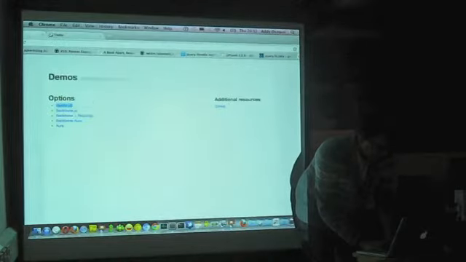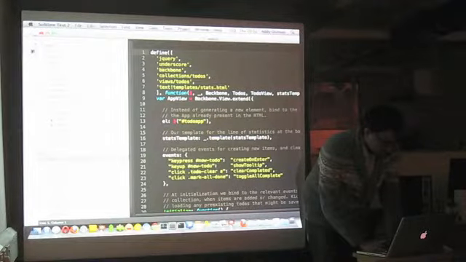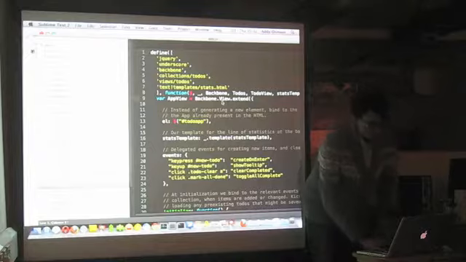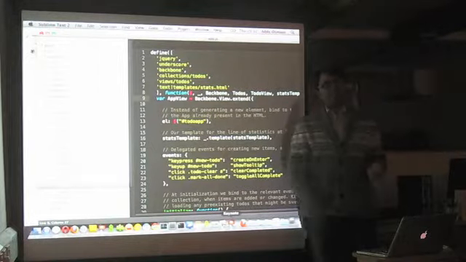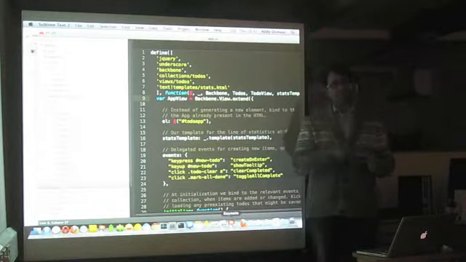So if I go back, it's the exact same application. The benefit of this is that if I want to start adding modules into the mix, I can very easily just pass in modules as dependencies, alias them, and start using them. I can very easily pull in dynamic dependencies